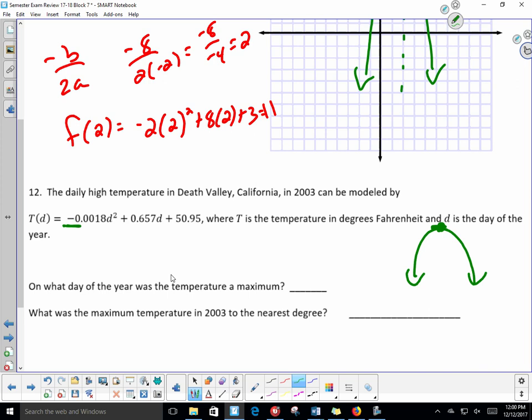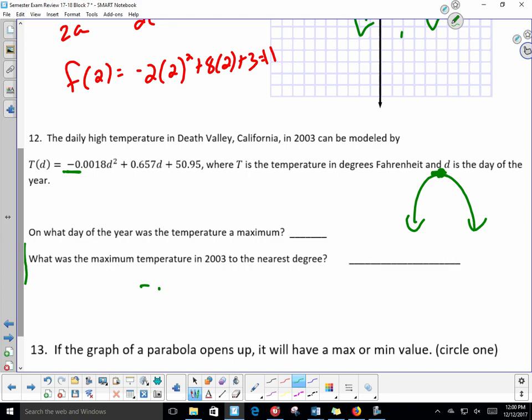How am I going to find the vertex of this parabola? Using the same formula I just used up there. Kiki? Negative B over 2A. I'm going to use negative B over 2A. So in this case, I'm going to do negative 0.657 over 2 times negative 0.0018. And when I do that,